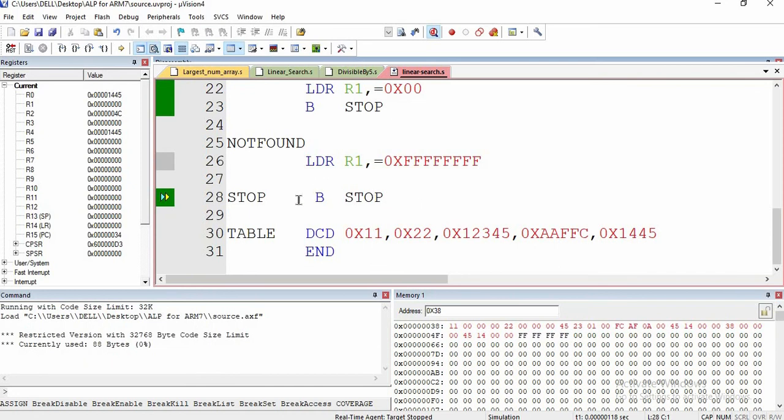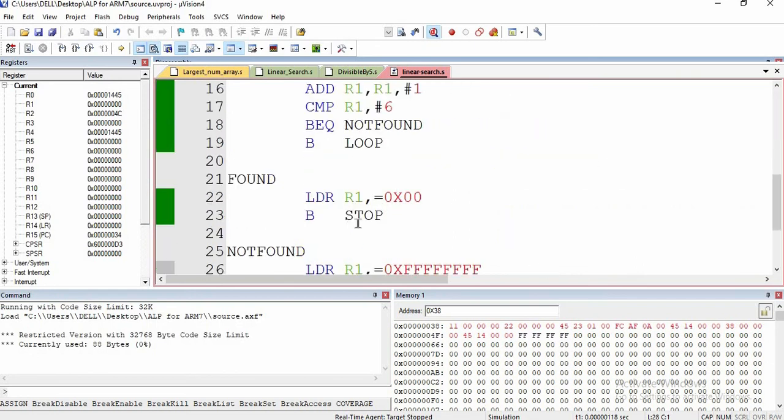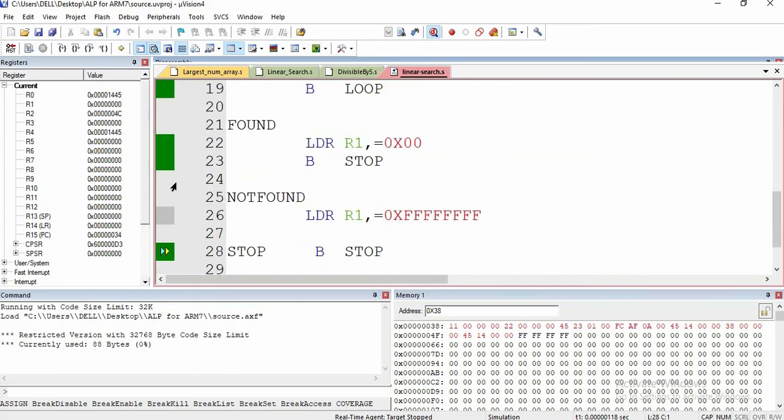Now you can see here that we have lost our index. After we find the key element, we do not know at what position our key element was found, because we are initializing R1 to check whether the key element is found or not. So for that, I'm going to stop the debug session now.